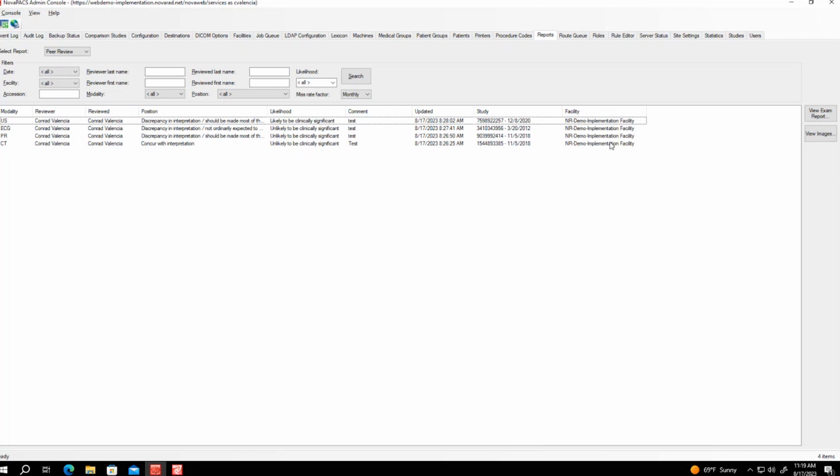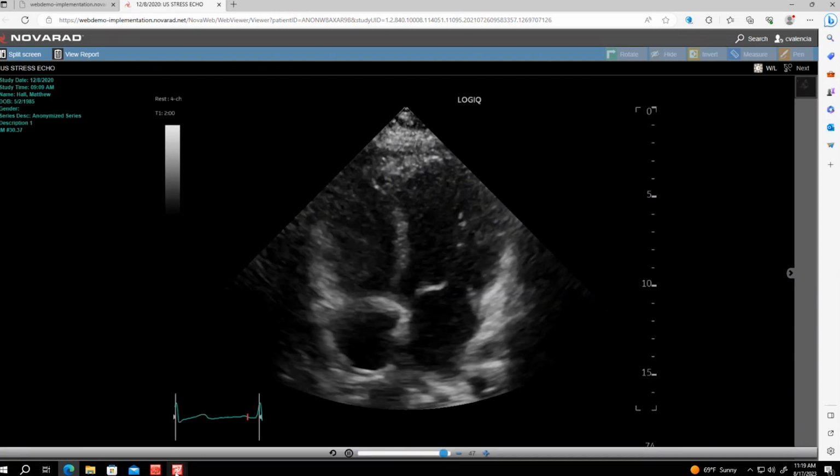exam was performed under. You can also access the original exam report from here by highlighting one of these and clicking on the exam report. Unfortunately, since this is a demo system, I don't have any exam reports in here to show you, but it would launch a separate window with that report at that time. So you can take a look at the exam report from there, and then you can go in and review the images from here as well, just by highlighting and clicking on view images, and it'll take you directly to that study. It does launch the study in our HTML5 viewer, which isn't the full diagnostic viewer, but you would be able to view those images straight from there.